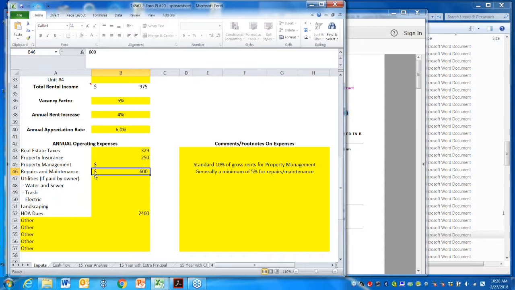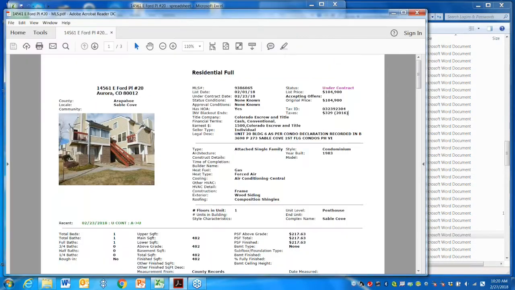Now here we have a whole bunch of other things we could put in: utilities, water, sewer, trash. And because this was a condo, generally it's all being paid through the HOA. But if it's a single family home, maybe you're paying for the water and sewer, maybe you're paying for electric. If it's a fourplex, there might be some common areas. So we built all of this in. And on top of that, in case we forgot anything, type in other and put a number here. In this case, it's real simple because we just have the HOA dues, and you will see that the HOA dues are